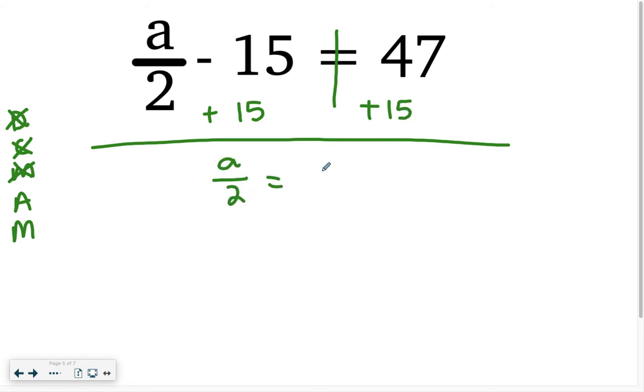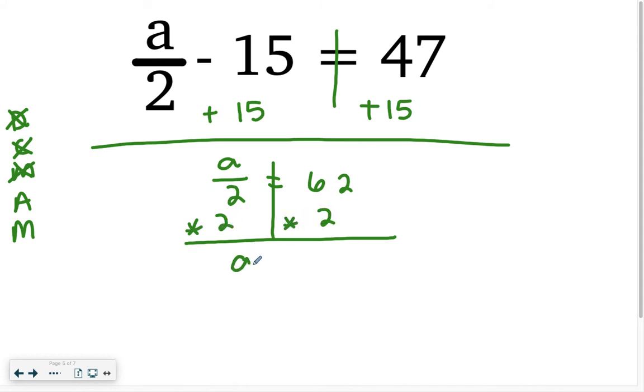And I am left with a over 2 equals 62. Now, a over 2, remember that's the same as divided by 2. So to undo that division, I'm going to multiply both sides by 2. So I am left with